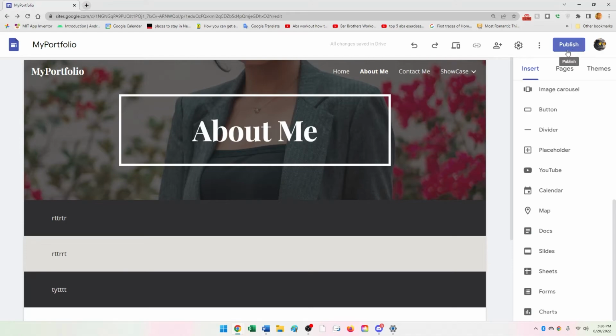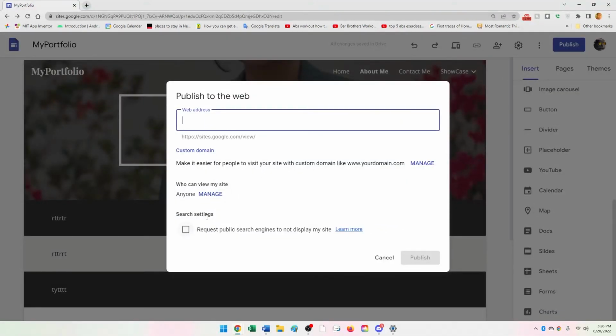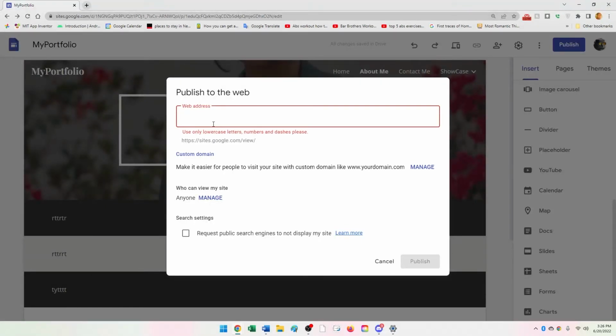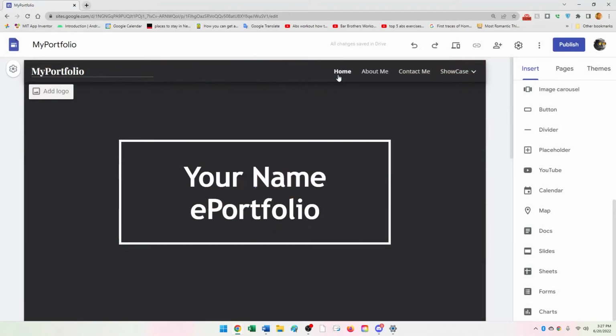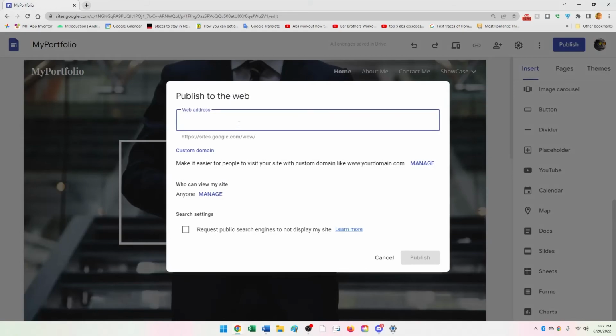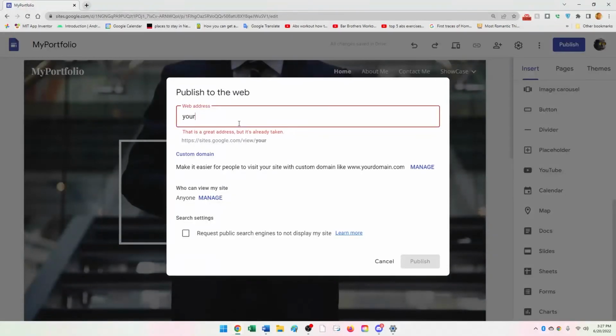Once you're done, you're going to hit publish, and publish will now allow you to publish your website to the web. You'll notice the web address here says https sites.google.com, and so if this is my, I think we said your name. Let's take a look. The home page, your name, ePortfolio, and so if you had your name in there, you can't space on the web because the way in which devices are able to find your website is by going through all